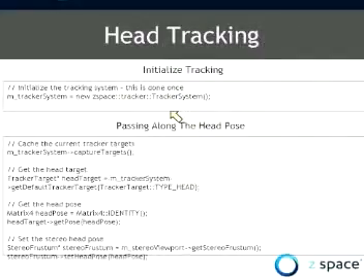Once you've initialized this, and this is usually done once, then you can actually go and start talking to the tracking system. Now, one of the things that you need to do to actually get the data from the tracking system is call capture targets from the tracker system object. And what this does, it effectively caches the most recent information from the tracking system into structures for you to actually use. So you'll usually do capture target once per frame, oftentimes in your render